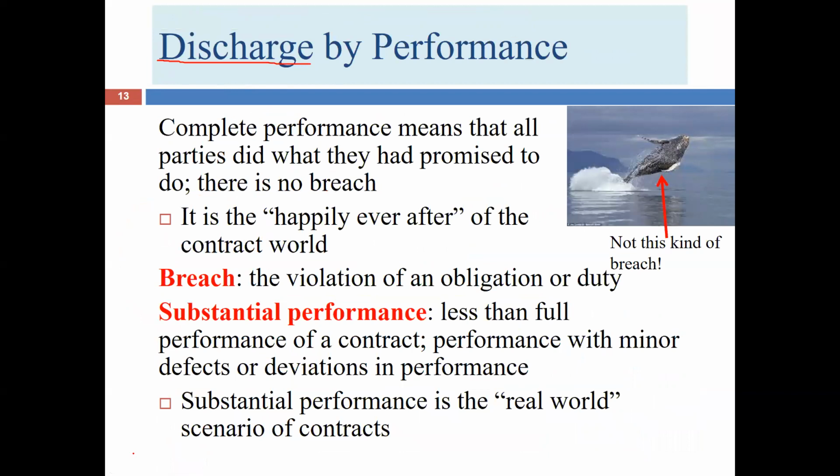Again, as I said before, this is the way the vast majority of contracts get resolved. Usually people do what they're supposed to. It's, again, the happily ever after of the contract law world. Everybody gets what they want. Of course, that's not exactly how things always work out. But I think it's helpful to keep in mind that that is the usual way. And while there are exceptions, it's easy in this course, or in most of our courses in the program, to talk about when things go wrong.